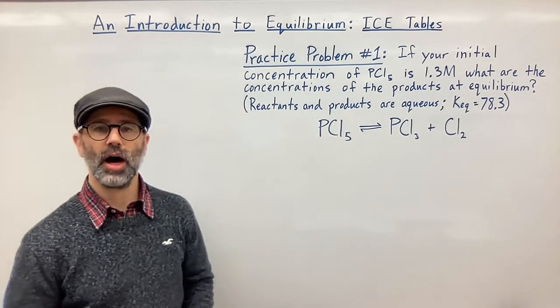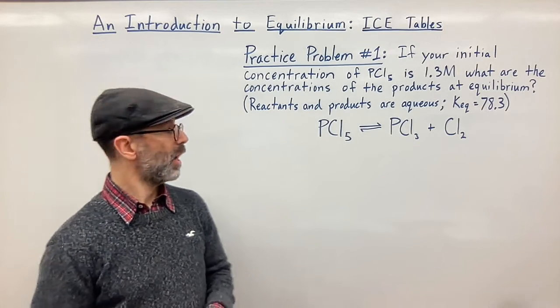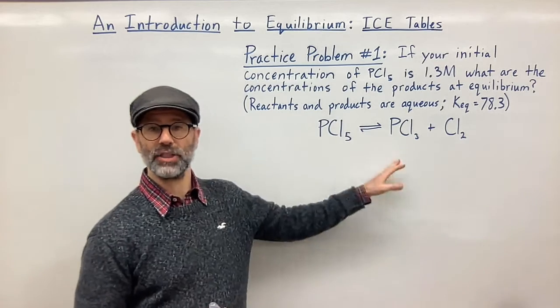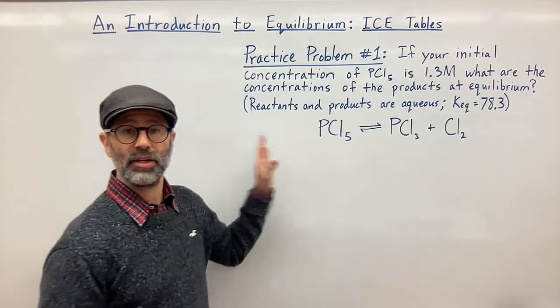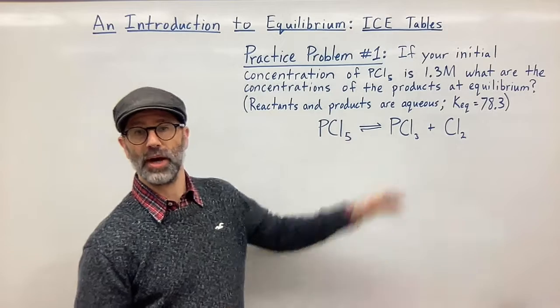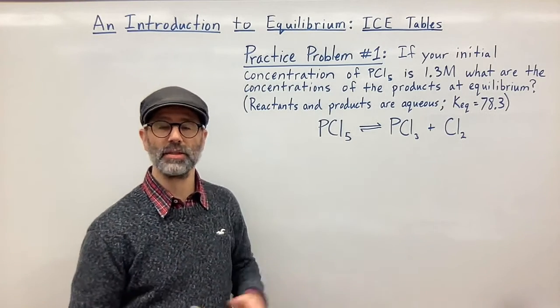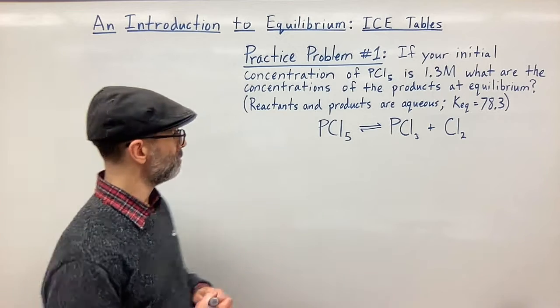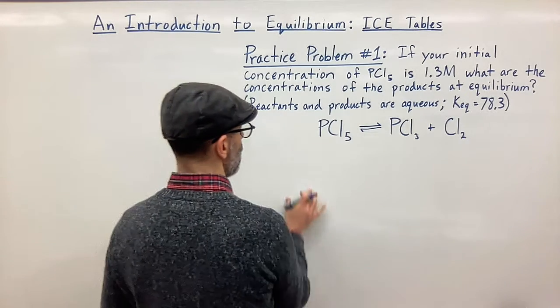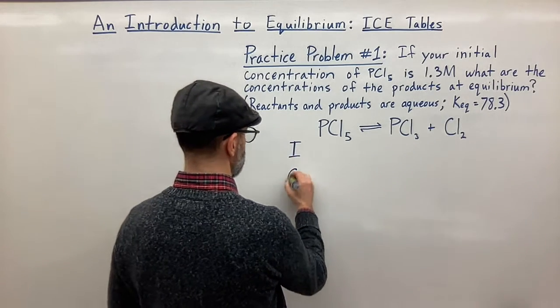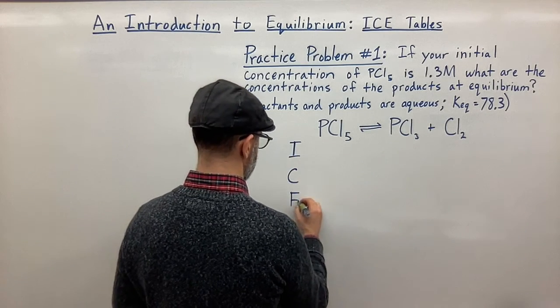All right, so a couple of things. If they don't give you the equation, you've got to write it out yourself, balance it, and then you start with the equation and you set up your ice table. Now I'm going to set up my ice table without drawing the boxes to show you how you can do that. So on the side here, I'm going to just write I, C, E,